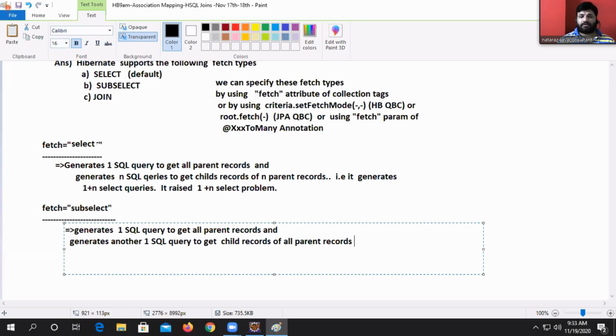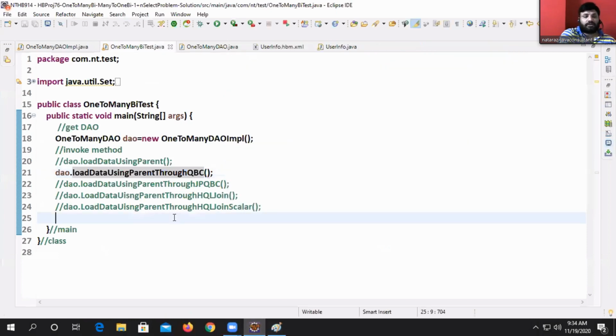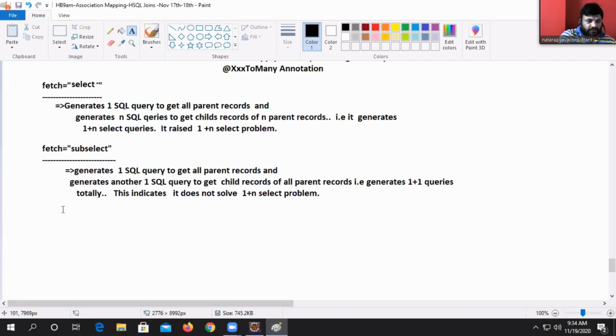That means it generates 1 plus 1 queries totally. This indicates it does not solve the 1 plus n select problem. Yes, guys. Next, fetch is equal to